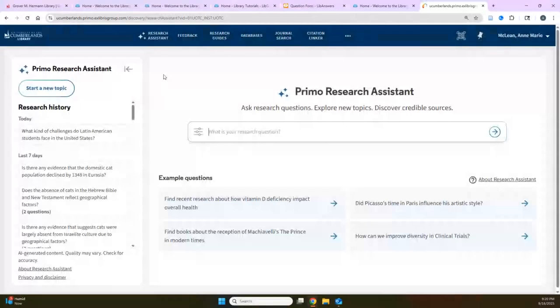As you can see, I think it's pretty user-friendly. You land on a question box. If you have done research, it's going to give you research history. It gives you example questions, a little bit about it and how to use it. I'm just going to show you what happens when I ask a question. It's pretty neat. So let's go ahead and say,